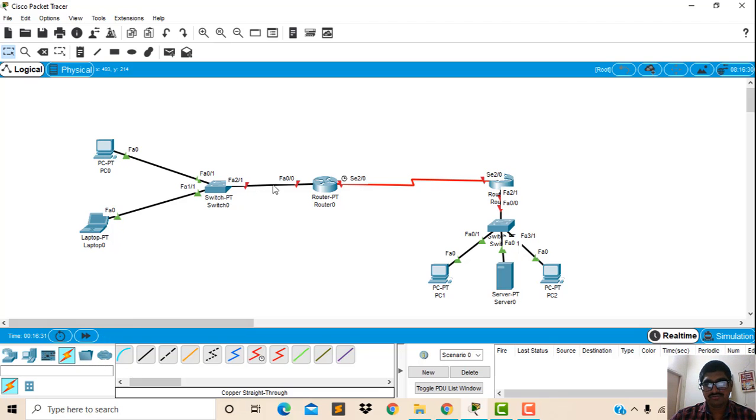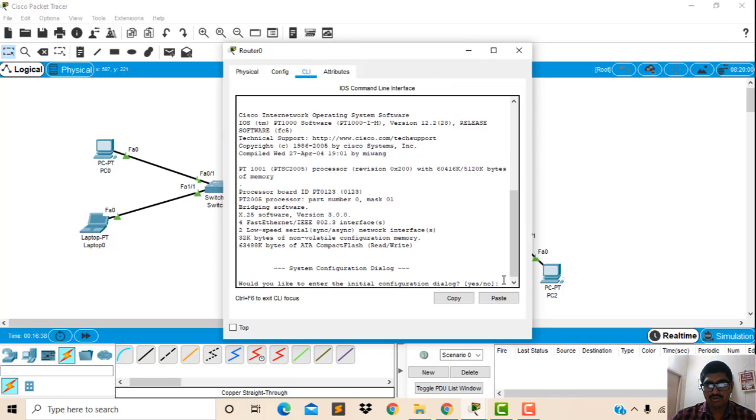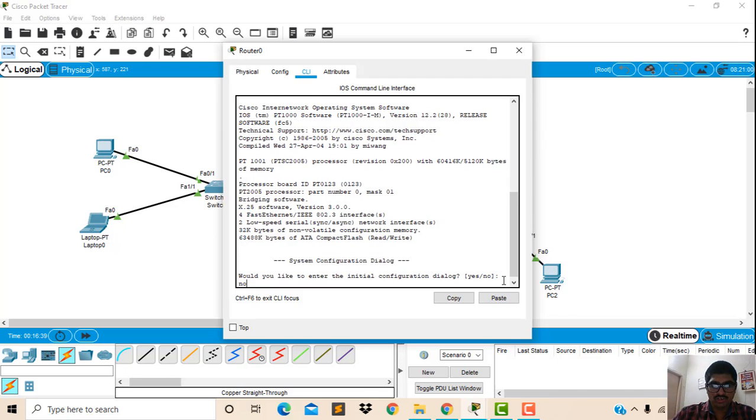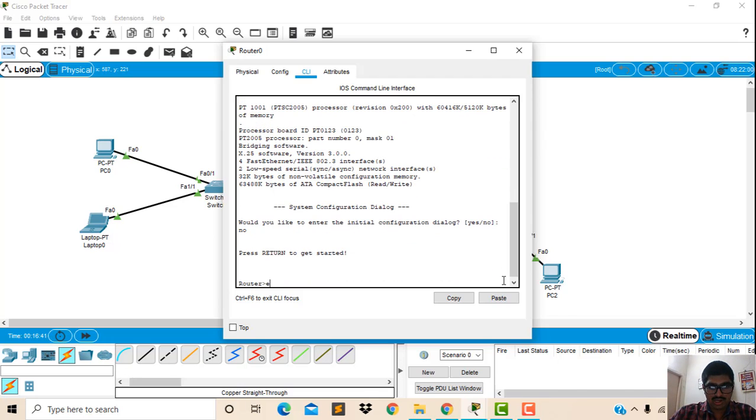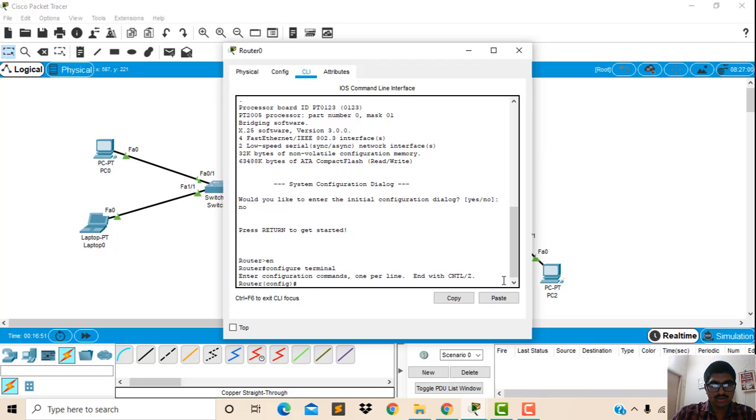Now we will open the router CLI, and we will click no here, then enable, then configure terminal, or we can use config t. Here we have to go to the interface.